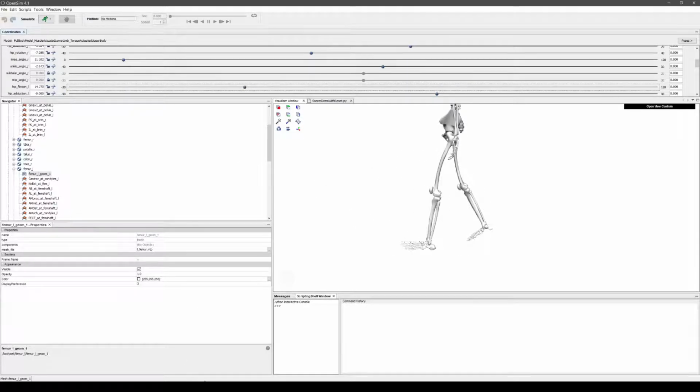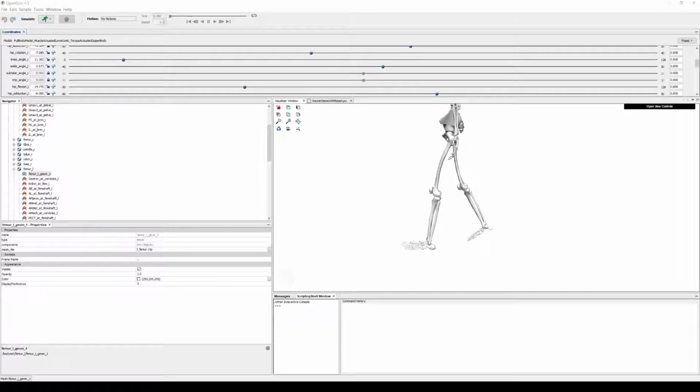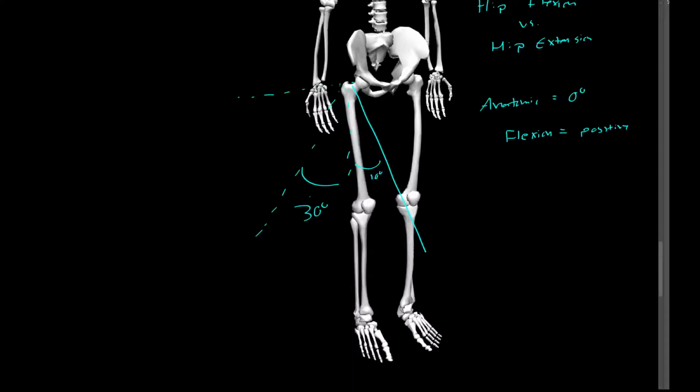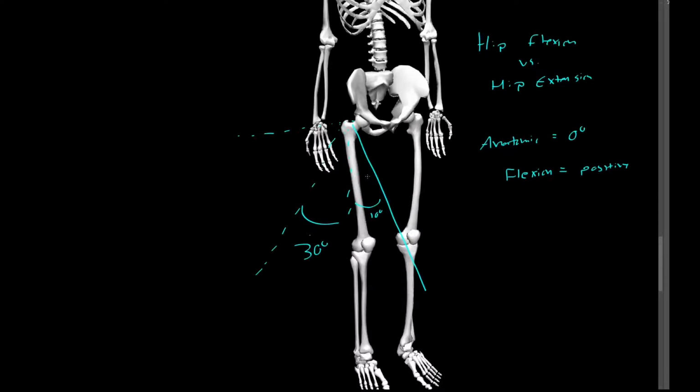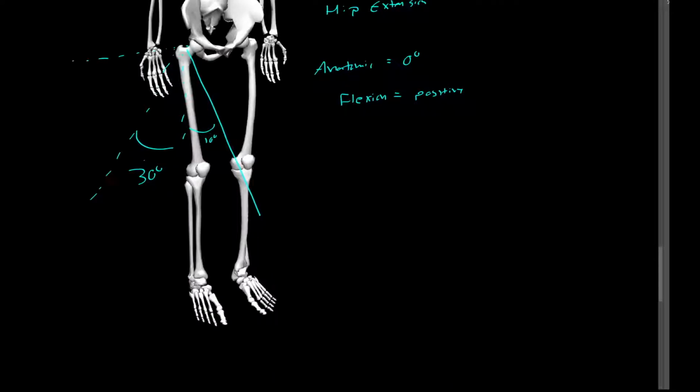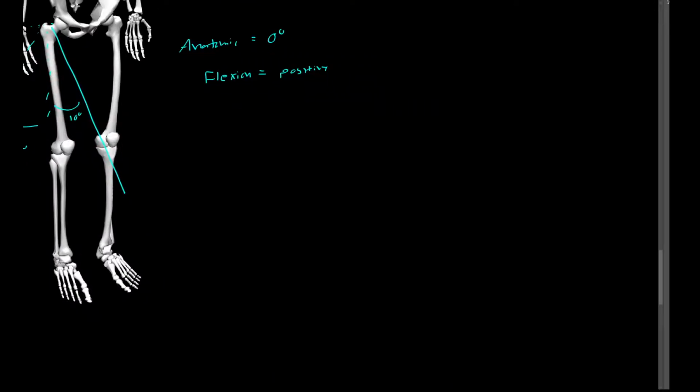Now this brings up an important point, which is the other thing I want to emphasize in this video, which is that there is a difference between being in hip extension versus moving in hip extension. So let me draw out a diagram. Let's take a really simplified, like here's the pelvis, here's the hip joint, and then let's say we have the hip extended like that. Maybe, if this is vertical, maybe we're at 30 degrees of